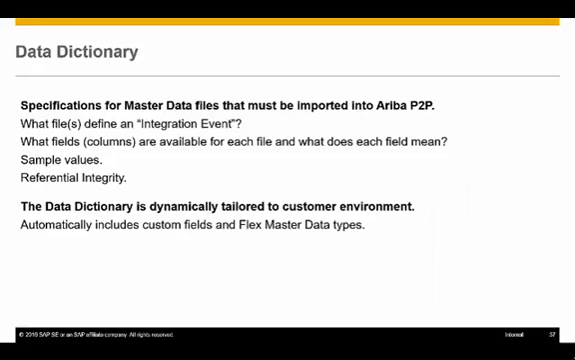Data dictionary. This is something that is system generated in P2P. Basically, it contains all the different integration tasks that are available in P2P. All the import events and all the export events are listed out. It talks about the different files that make up those events, and talks about each and every column in those files. If you are going to have any custom integration built out, then this is going to be a Bible